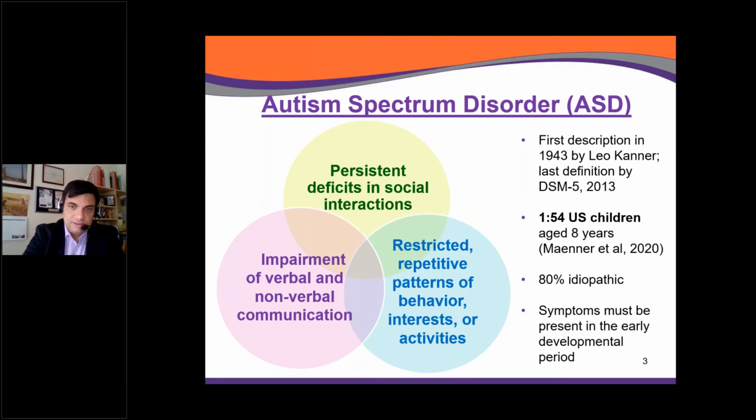The incidence of autism has been growing dramatically in the past decade, and the most recent estimate is about 1 out of 54 US children at school age, so around 8 years of age. Also, the other important challenge is that 80% of cases remain idiopathic, which means they don't have a very well characterized cause. And the symptoms must be present in early developmental period. So this is a